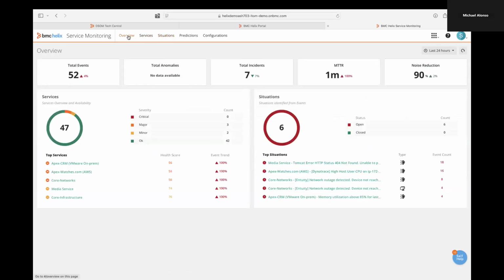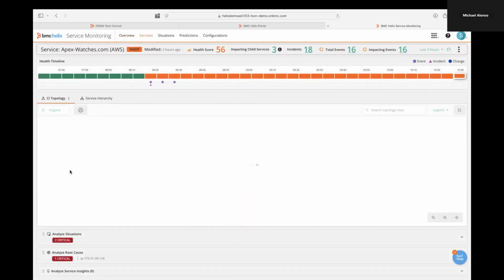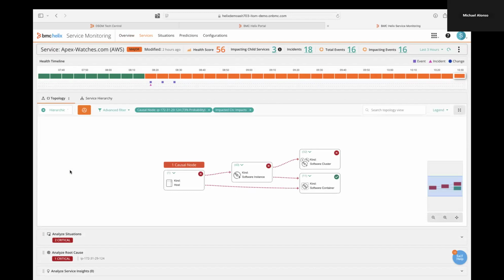Personally, I normally just start from this overview screen, and we're going to drill down again into both sides of what we're looking at. So on the left-hand side, we have some situations. Now, remember I said you'd see something again? I clicked on that Apex watches inside of BMC Discovery. I did that intentionally. So when we see Apex watches right here, I'm going to select that. And a bunch of information is going to start displaying.